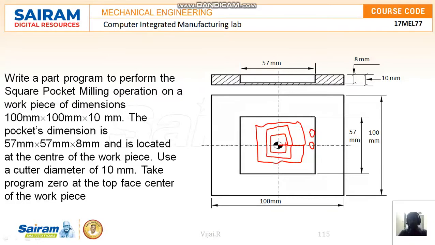So this is very important, the tool has to travel. So we are going to use G41, that is the left, G41 for TNRC left turning. So the tool knows radius compensation, the diameter will be compensated to the left of the profile, so the tool will travel here. We have to identify the points, so where the tool has to travel. So this is how the tool is going to travel here.